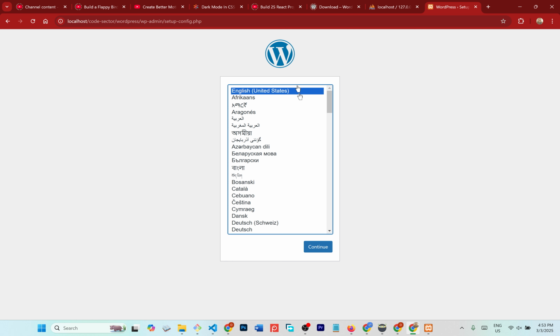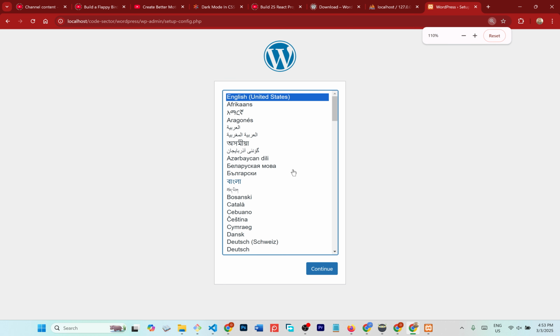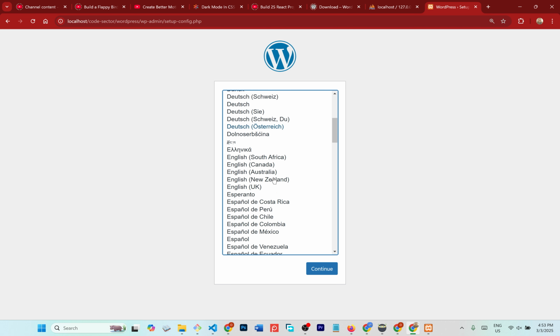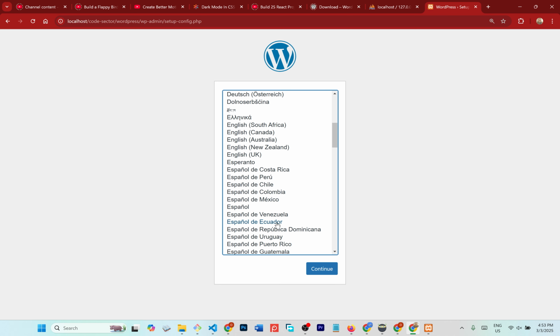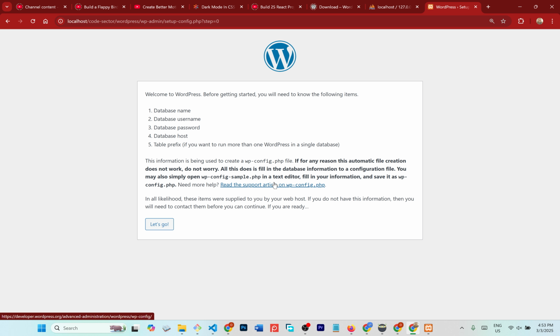So all you need to do to complete the installation step, let me increase the size, is to click find English. Let me just click English Canada here. So I continue. You choose whatever language applies to you. It says welcome to WordPress. Before getting started, you will need to know the following items: database name, username, host, prefix. And also this information is being used to create a